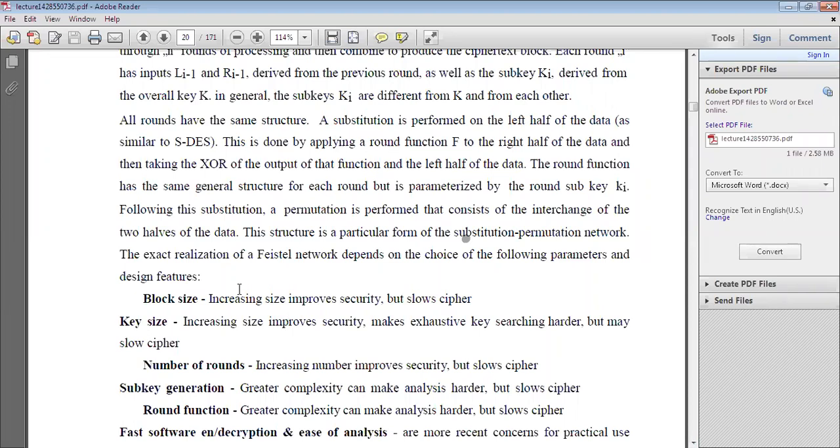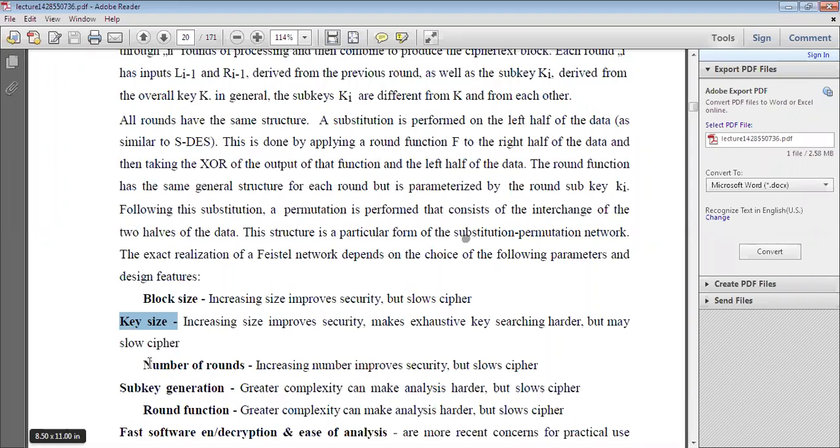Generally in the DES algorithm you use a 56-bit key only, whereas in triple DES you use a 168-bit key, and in AES a 256-bit key. So whenever key sizes increase, security improves.